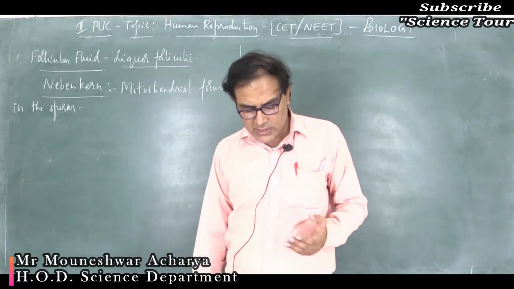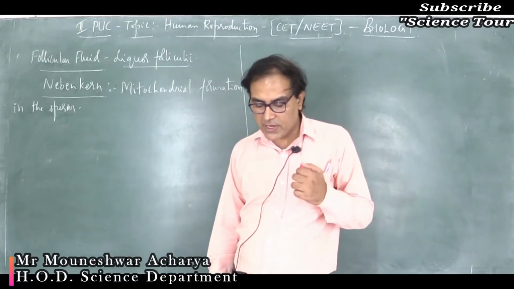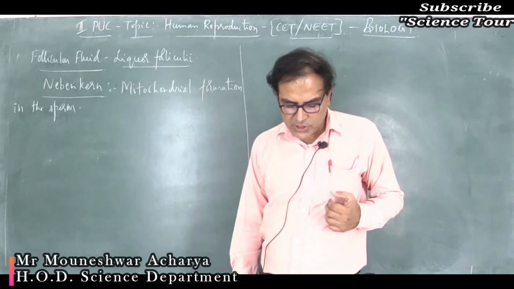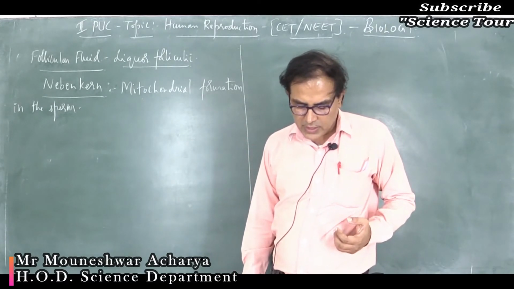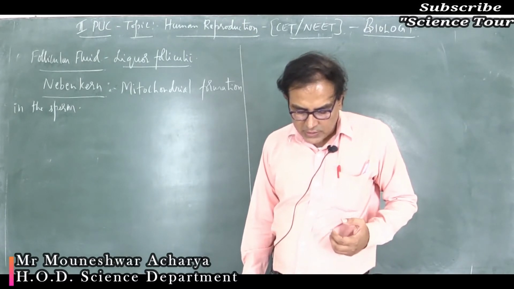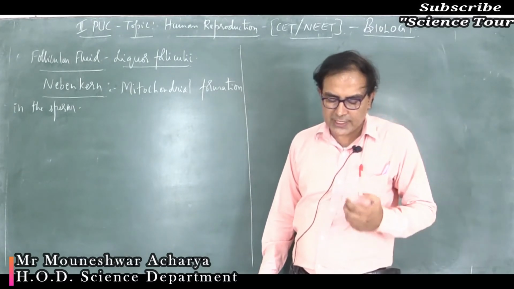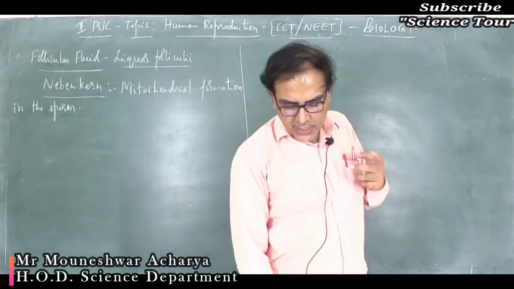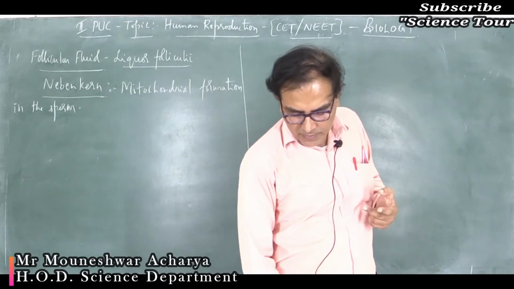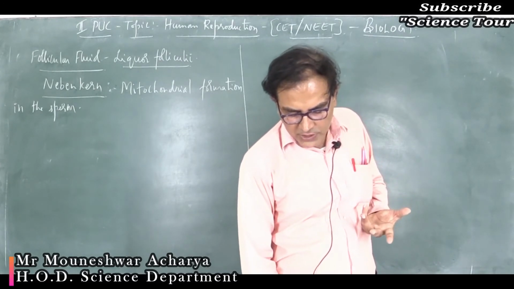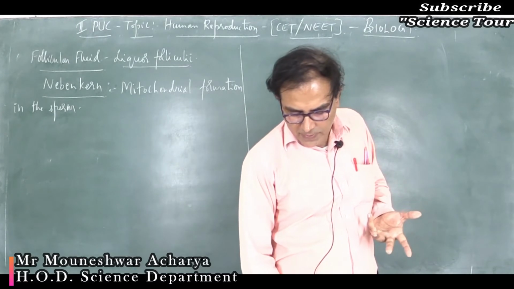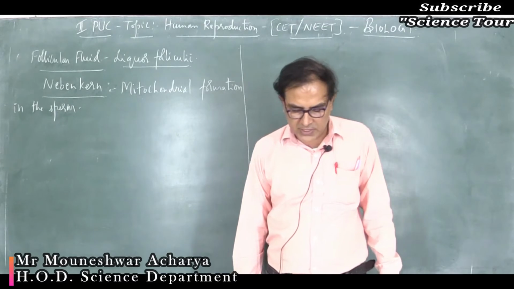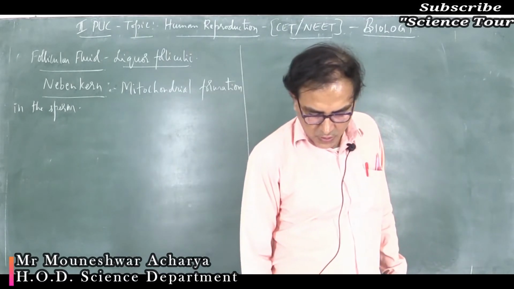Now you match these with the secretions given in column 2. So mons pubis, what is that? It matches with 3, that is the female external genitalia. B, antrum, it matches with the Graafian follicle. Trophectoderm matches with the embryo formation. Nebenkearn is the part, it is nothing but the sperm. So the right option is option 4 or option D.